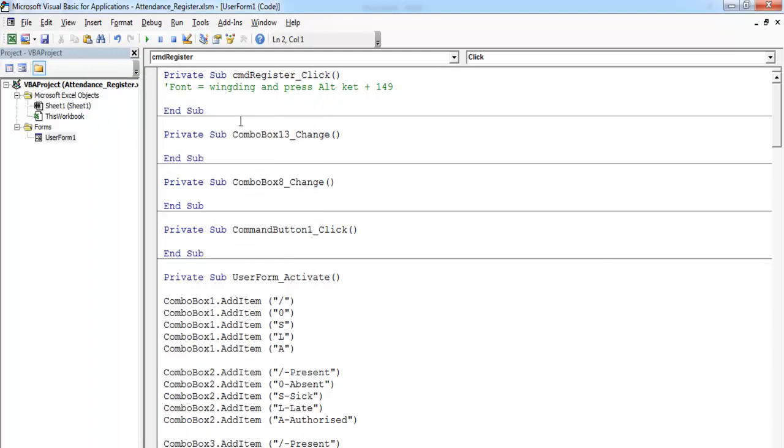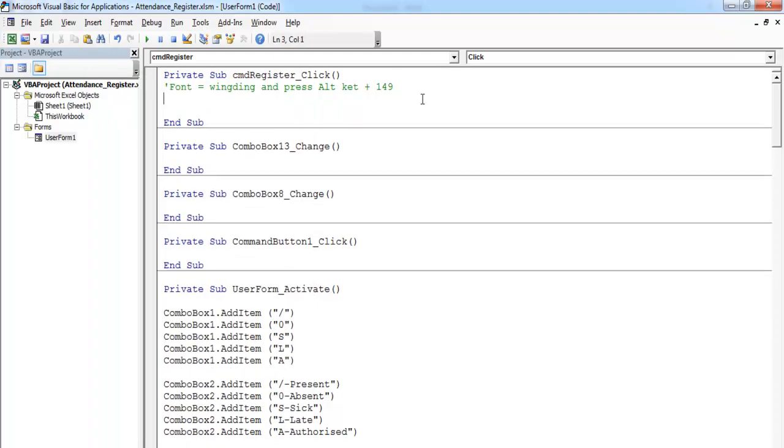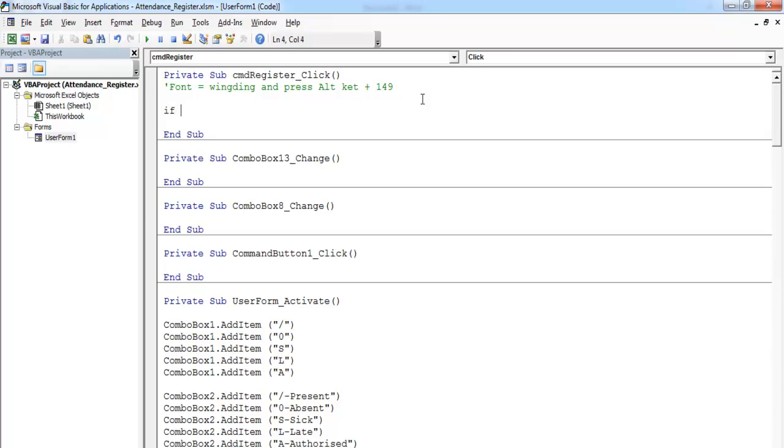Let's close this and right in here enter as follows: if Combobox 1 dot text equals